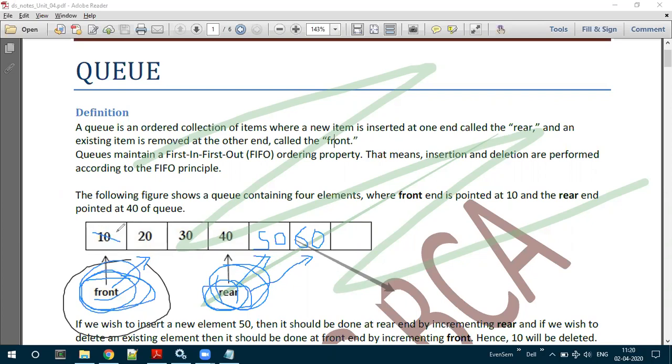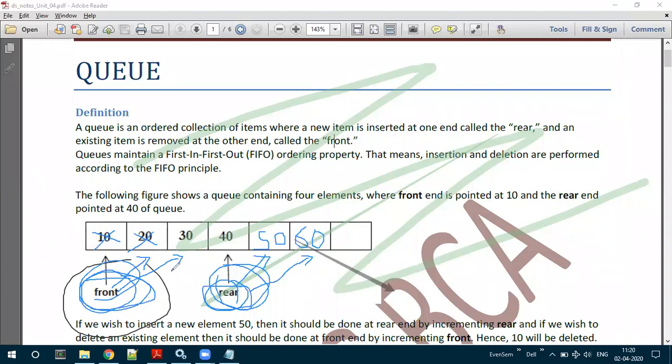Delete this particular element and increment the front, so that the 10 will be removed and front will now be pointing to the next one. Next time, if I want to delete something, the element 20 will be deleted, and front has to again be moved to its next element. Like this, the operations on a queue can be done.